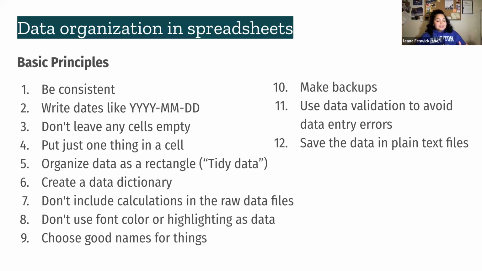And so I won't go through each of these individually, but I will touch on quite a few of the other basic principles, one being to create a data dictionary. This is also defined as metadata in some cases. It's a separate file to explain what all of your variables are, what are the actual measurements or the units of the variables that are in your cells, all of the data about your data that sometimes feels like you already know all of it, but one day you might not remember that, or your collaborator may not remember that. And so it's important to have this data about your data available to use and to reference back to.